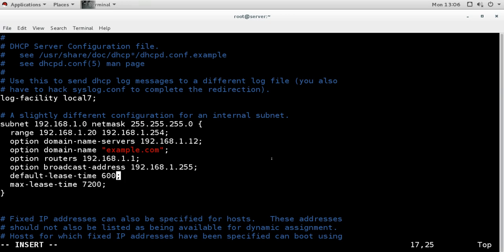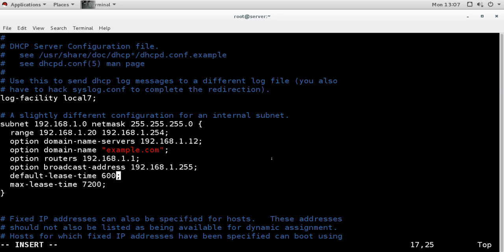Now here we will give the lease time. Now lease time is 2. It is showing 2 times here, default lease time and maximum lease time. Now it is in seconds. Now why is it having two lease times, default and maximum? So basically the default time is the time which you want to give for every user, every client. 600 seconds, this is the default time I want to assign. Now what is maximum time? Maximum time is the extra time you want to give to your host for getting the IP address from DHCP server.